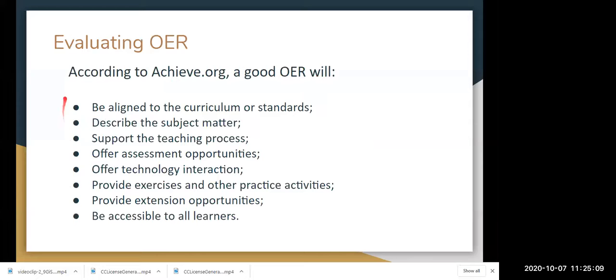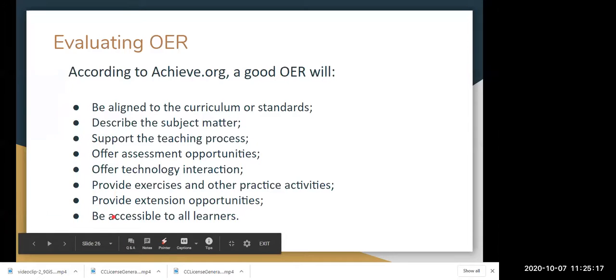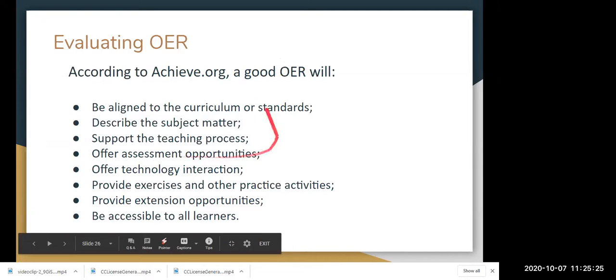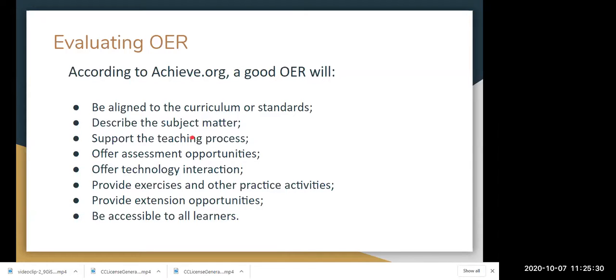The main objective is that after you have done the adaptations, all these objectives are fulfilled. But sometimes when you want to enhance your OER video, there is no need to have all these features in a single OER. As long as it's aligned to the curriculum, describes the subject matter well, and supports the teaching process, if we have the first three, I think pretty much we can help the students understand the subject matter. But if you want to go beyond that, you can have assessment